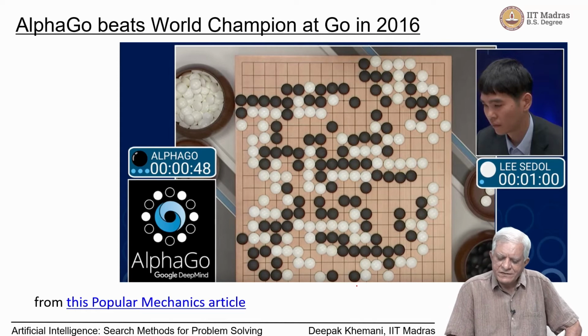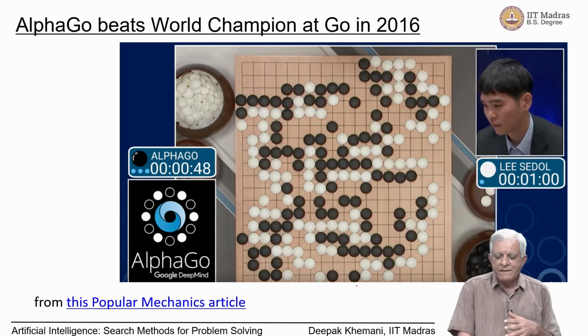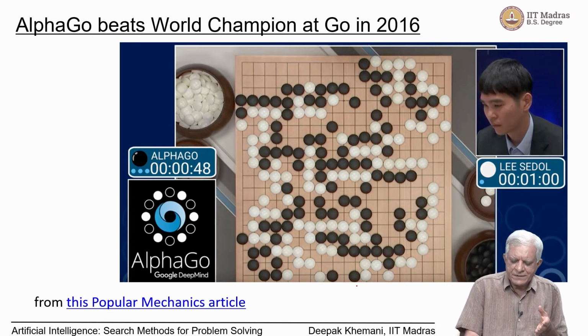It has been considered for long to be a very hard game, and people had thought that machines will never be able to beat humans in this game. The complexity comes because of the size of the board essentially. As we will see, our game playing programs that we will study, they will construct a tree and search the tree. So, the branching factor of the tree depends on what are the moves that are available to you. We will do a little bit of analysis as we go along, but the main thing is that Go is